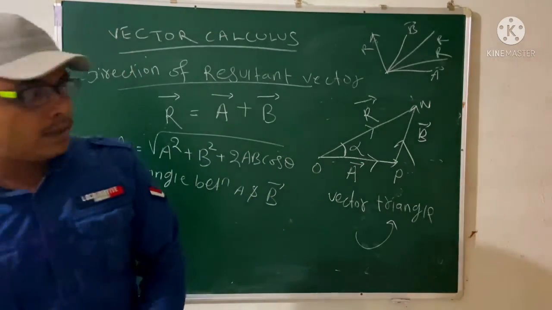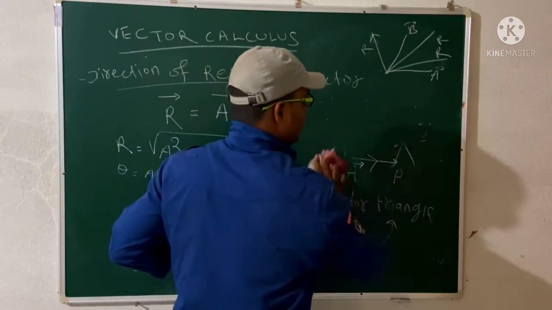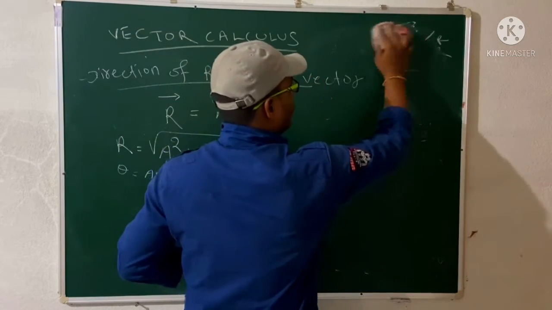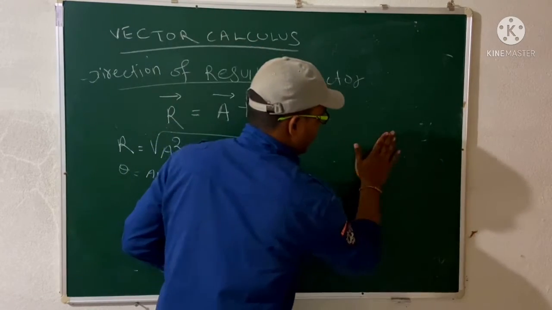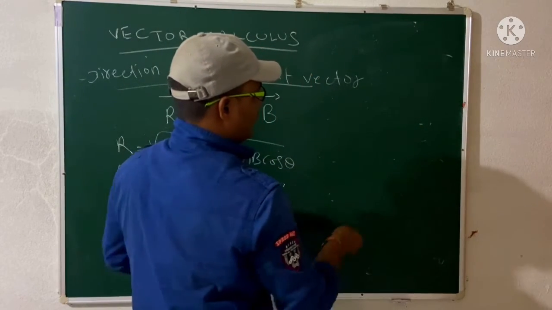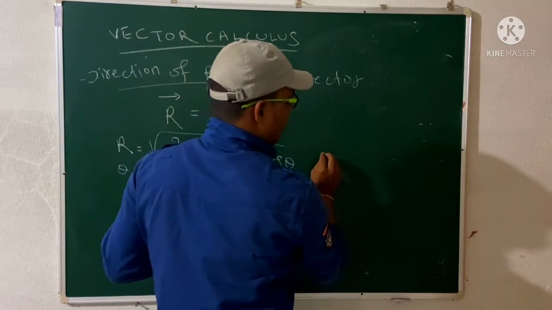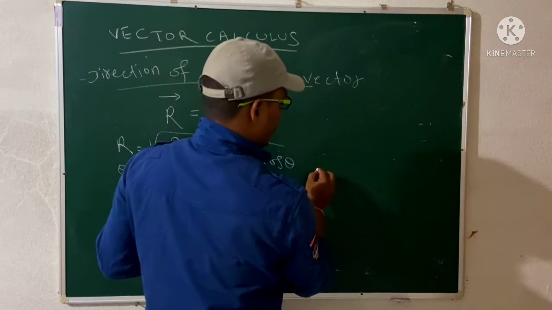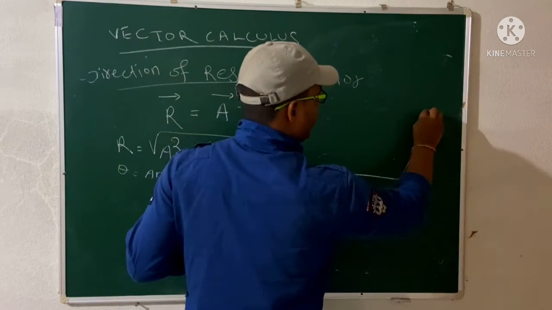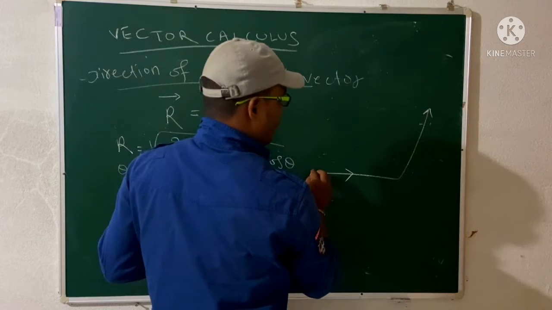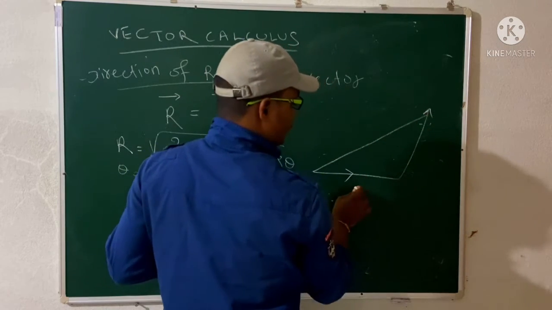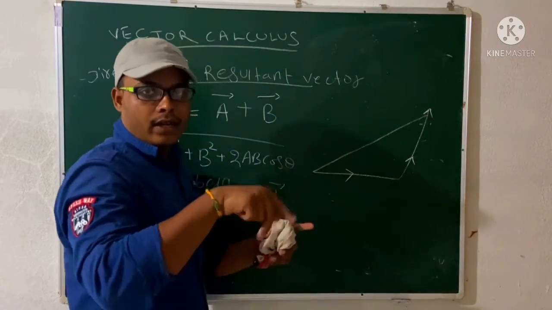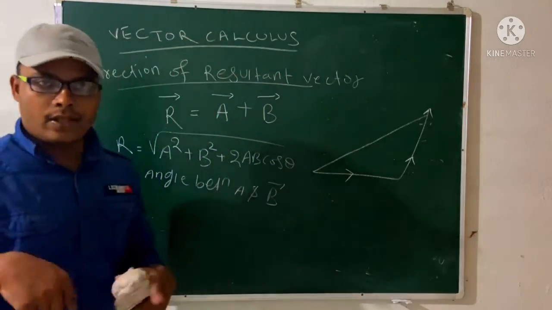Okay, so let us discuss more about the diagram. So we have given vectors like this. Okay, we'll do it clearly. So this is the A vector and this is the B vector, and this is the resultant vector. This is moving on one path, and this is also on the same path. That means you are moving circularly, clockwise or anti-clockwise.